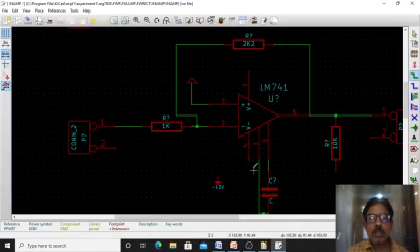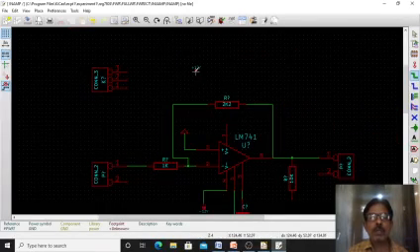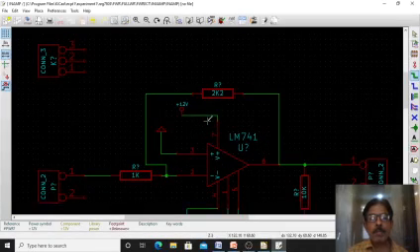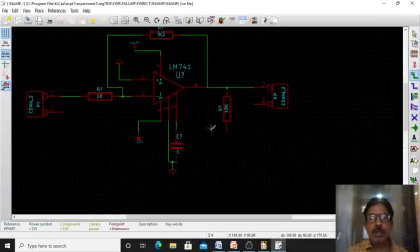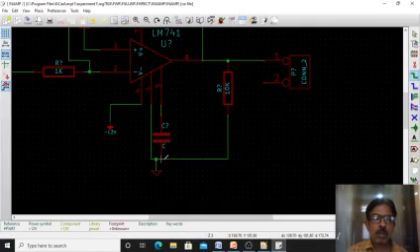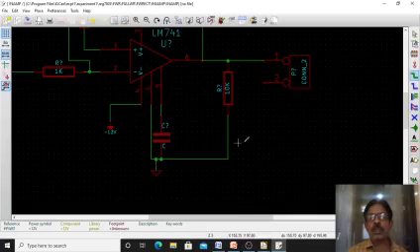Alright. Then minus 12 you connect to pin number 4. This is minus 12, and plus 12 you have to connect to pin number 7. You take it, move, I will place. Then connect a wire here. So pin number 7 is connected to VCC, and this 10K is also connected to ground. So you can connect from here to the ground. This is connected to ground, and this is also connected to ground. You can connect anywhere you want.